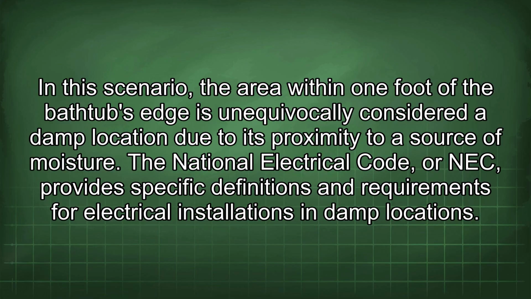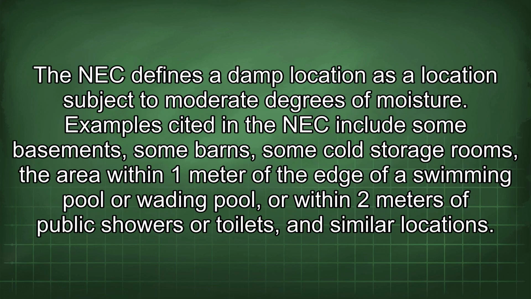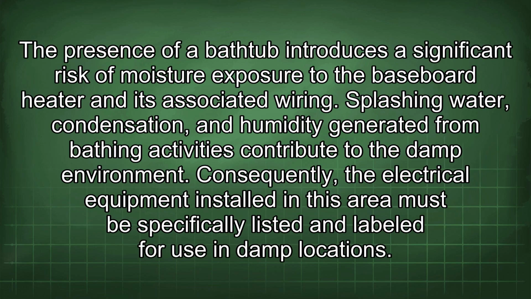The National Electrical Code, or NEC, provides specific definitions and requirements for electrical installations in damp locations. The NEC defines a damp location as a location subject to moderate degrees of moisture. Examples cited in the NEC include some basements, some barns, some cold storage rooms, the area within 1 meter of the edge of a swimming pool or wading pool, or within 2 meters of public showers or toilets, and similar locations. The presence of a bathtub introduces a significant risk of moisture exposure to the baseboard heater and its associated